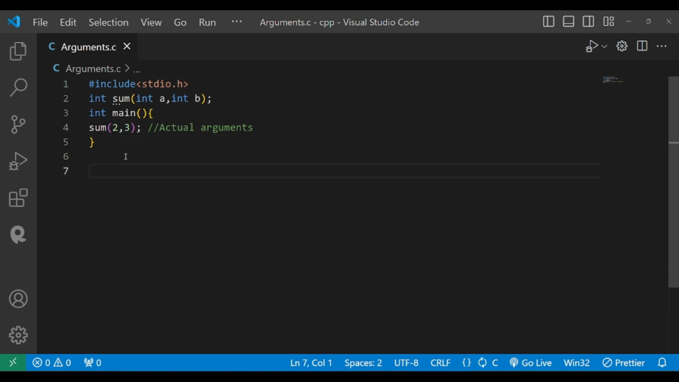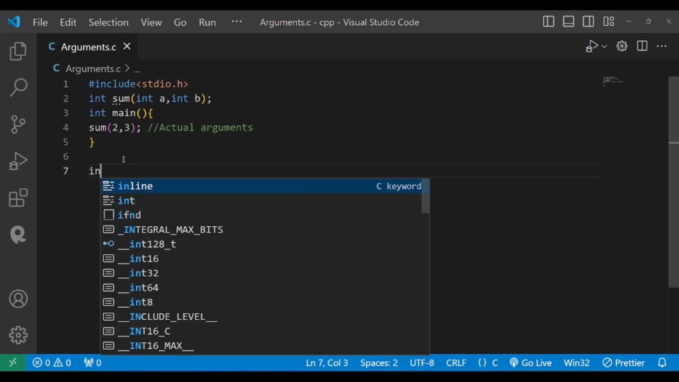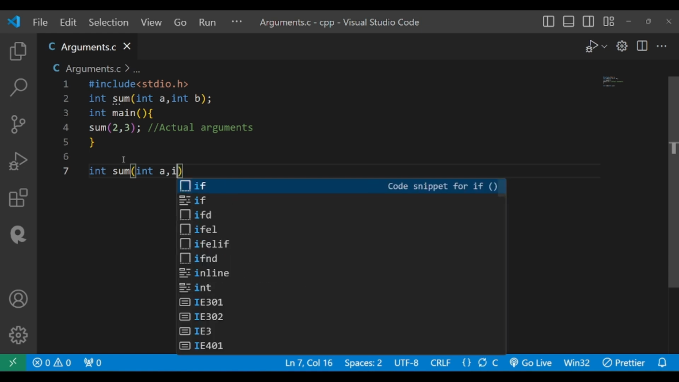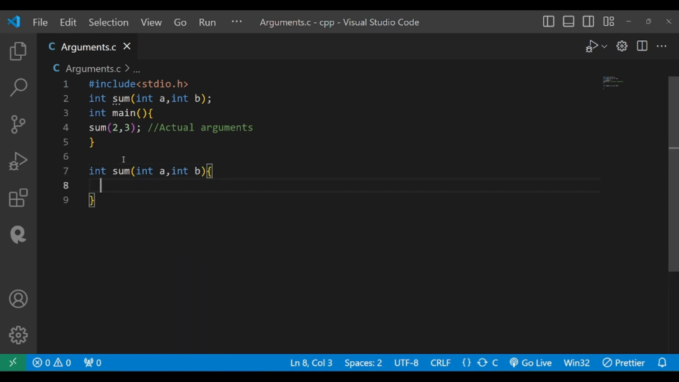Now we have to define the body of the function. So we will write int sum, and here int a comma int b, and then whatever the operation we want to perform on this, we have to write here. So directly, we are going to add the two numbers we are passing when we are calling the function. So here we can write int s, initialized with